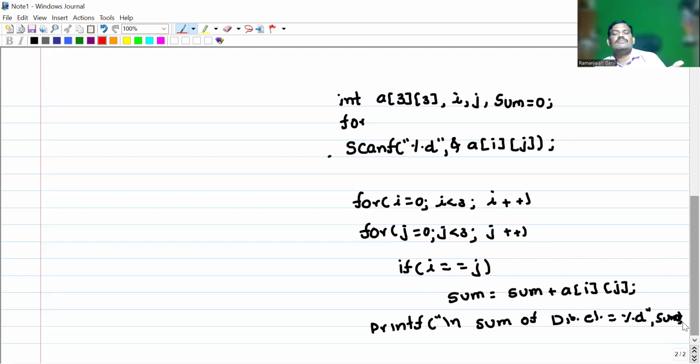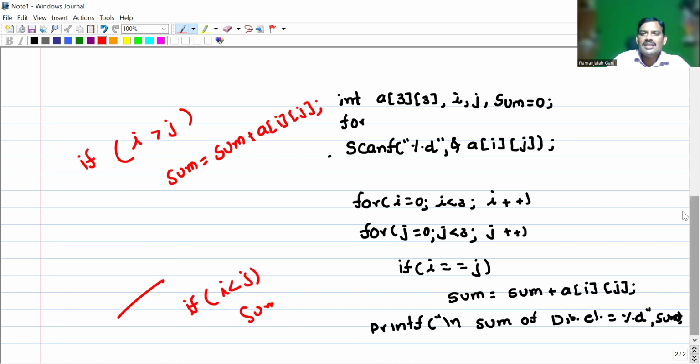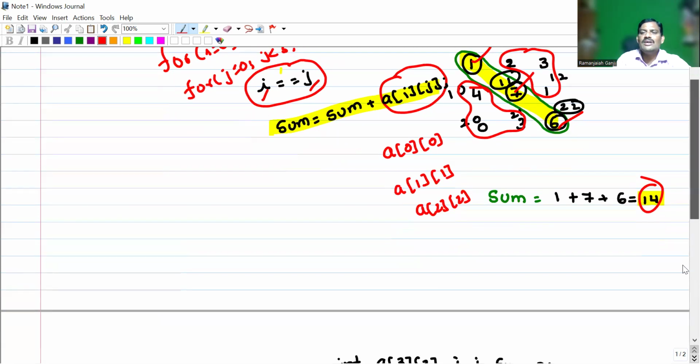If you want to find the upper triangle, whenever i is greater than j, you can try it out on your own. Upper triangle elements and lower triangle elements sum. In some other program, if i is less than j, sum, which means that you will get sum of these numbers or sum of these numbers. In the same way, you can perform this in terms of diagonal elements, upper triangle or lower triangle and everything. Okay, right. Next, move on to,